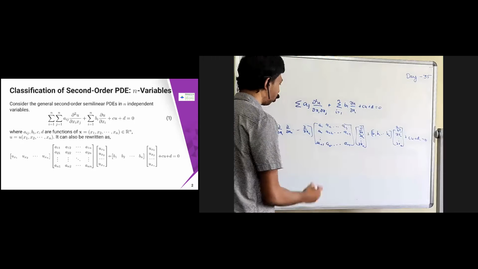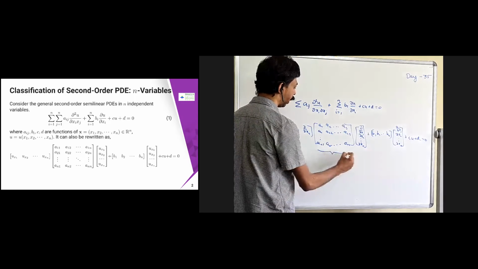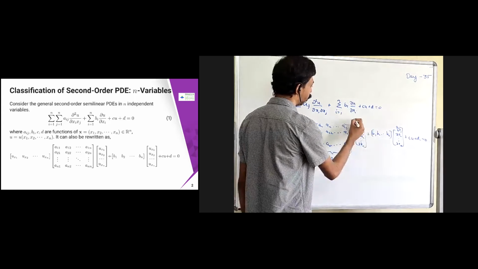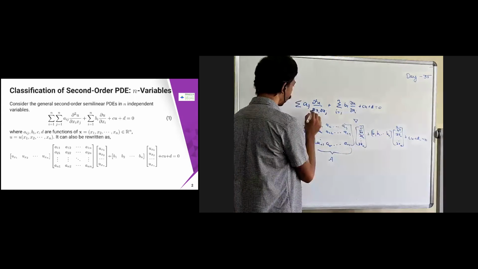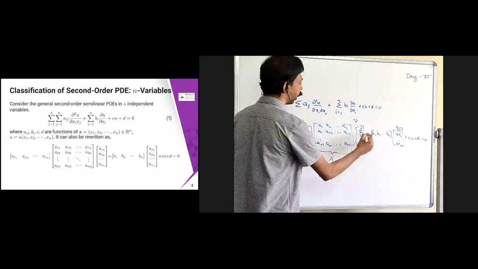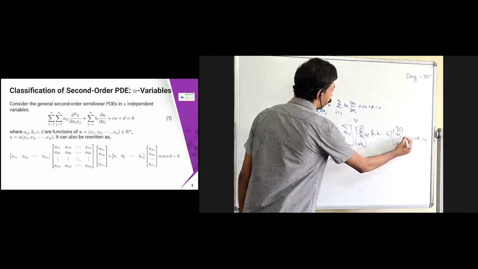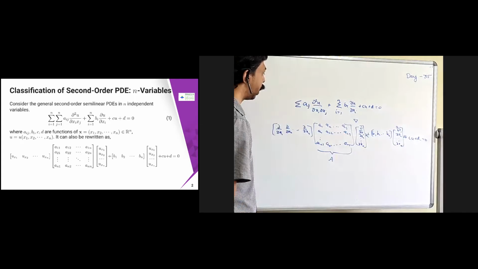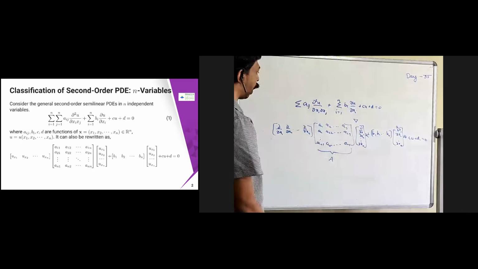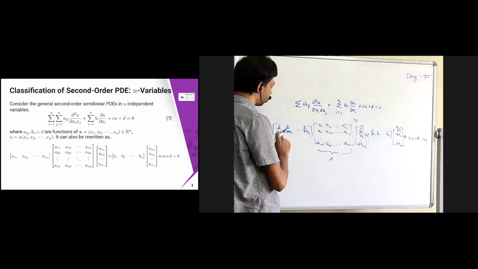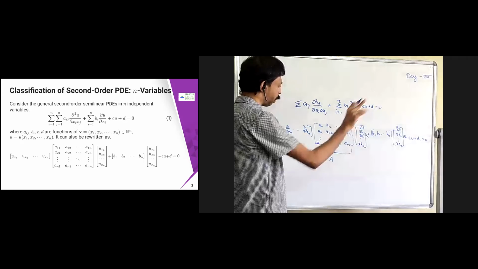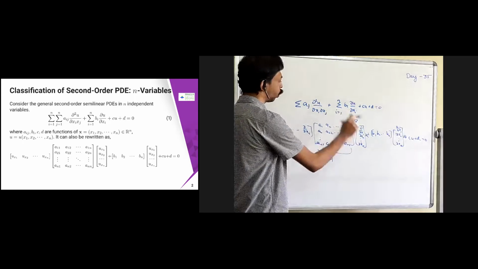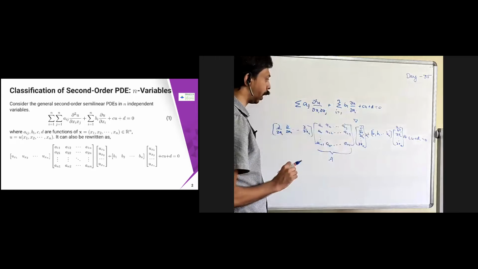So this matrix I am going to call A, and this operator vector I am going to denote as del. So everywhere I have u, this is an operator operating on u. That is the meaning of it; this is the operator which is going to be applied. Don't confuse it: it is not u x1 whole square, it is an operator operating on u, like dou square u by dou x2 square.